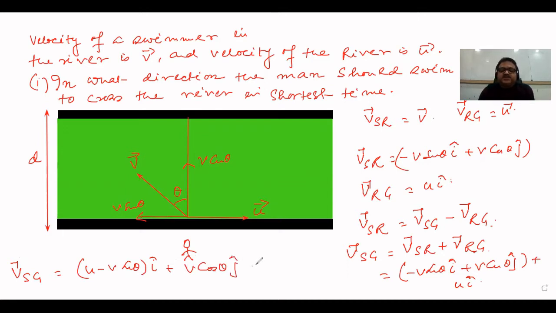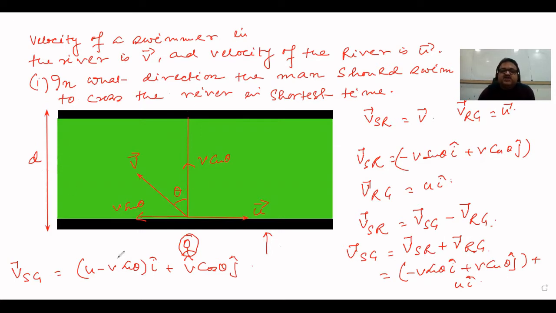Okay. That means this person is watching, this swimmer has two velocities. One along this direction, other along the x-axis, either towards this or along this. Correct? Now remember what to do. Since we need to find in what direction the man should swim to cross the river, this is the case of crossing the river, correct? So we have to take the motion along the y-axis, and we have to apply the formula distance equal to Vt.